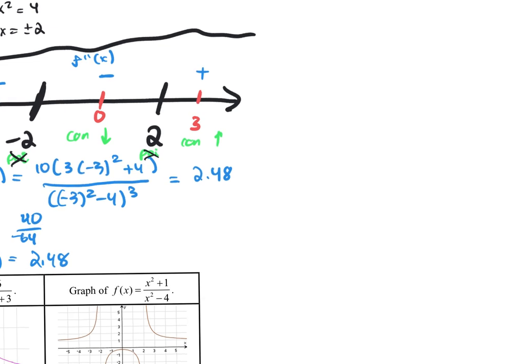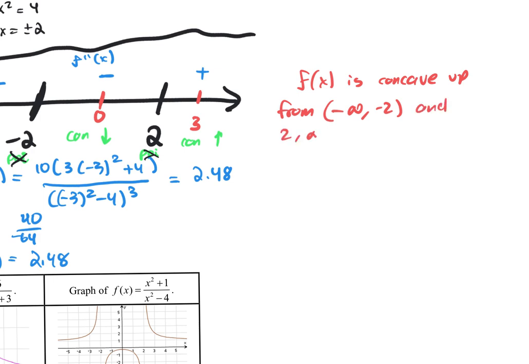There we go. To give our official answer, we would say f of x is concave up from -infinity to -2 and 2 to infinity